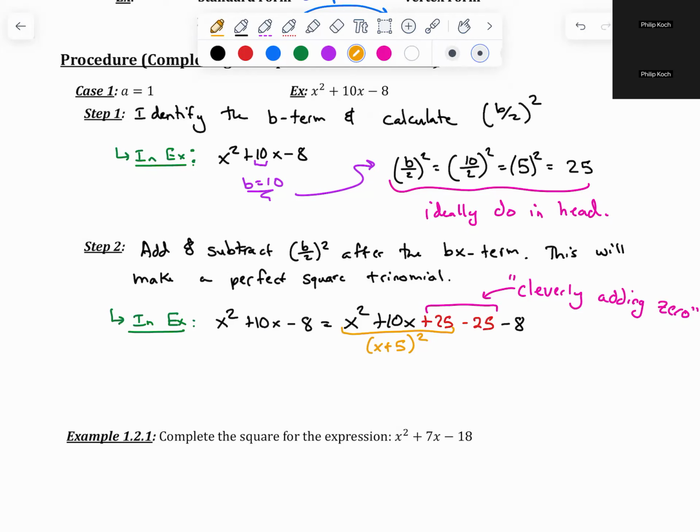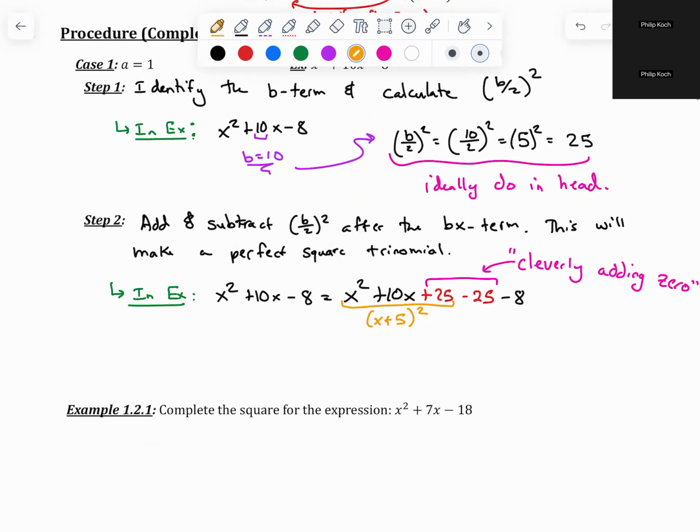So whenever you add and subtract this 0 the correct way, with b over 2 squared added and subtracted, the first three terms will always form a perfect square trinomial that factors nicely. And so at the end of the day, this is going to equal x plus 5 quantity squared minus 33. And so the thing I'm going to mention